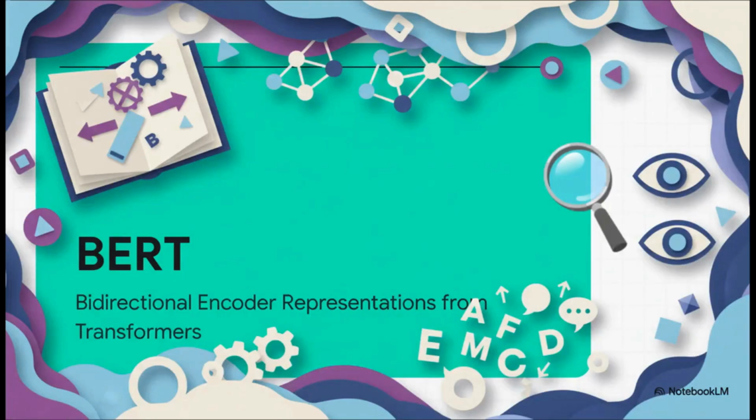Okay, let's break down this heavy acronym. BERT stands for Bidirectional Encoder Representations from Transformers. I know, it sounds super intimidating, but the core idea is remarkably elegant. It's a transformer-based model that reads a sentence from both sides at the exact same time. Instead of reading left to right like a human reading a book, BERT looks at the entire sentence at once to create a deep, mathematical understanding of what every single word is doing in that exact, specific context.